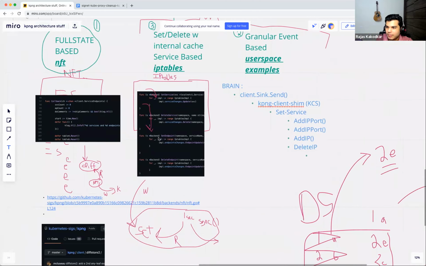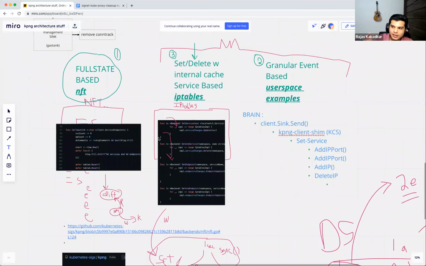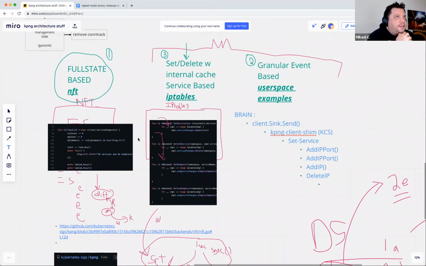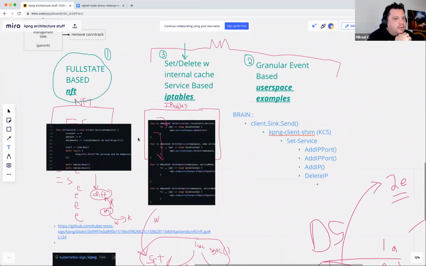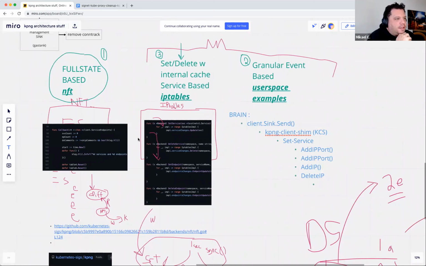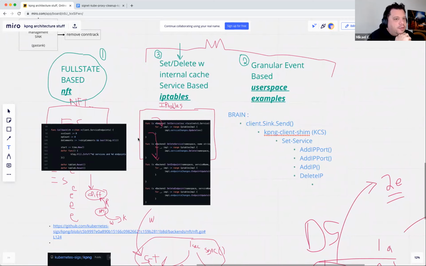So full state gives another type of backend. It's another way to do it. Got it. And it's less event-based. It's actually taking the whole state of the known world for the node, and then produces all the objects you want for your backend.